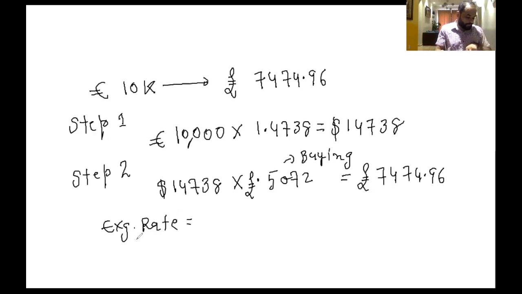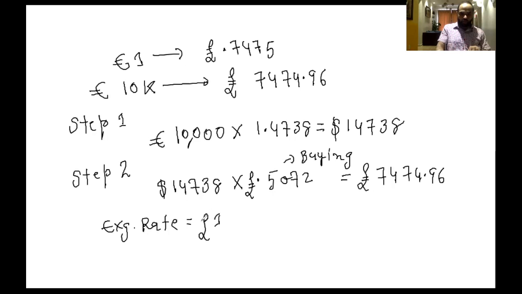So the exchange rate will be, what does it mean? It means 1 euro equals 0.7475, right? Or 1 pound equals